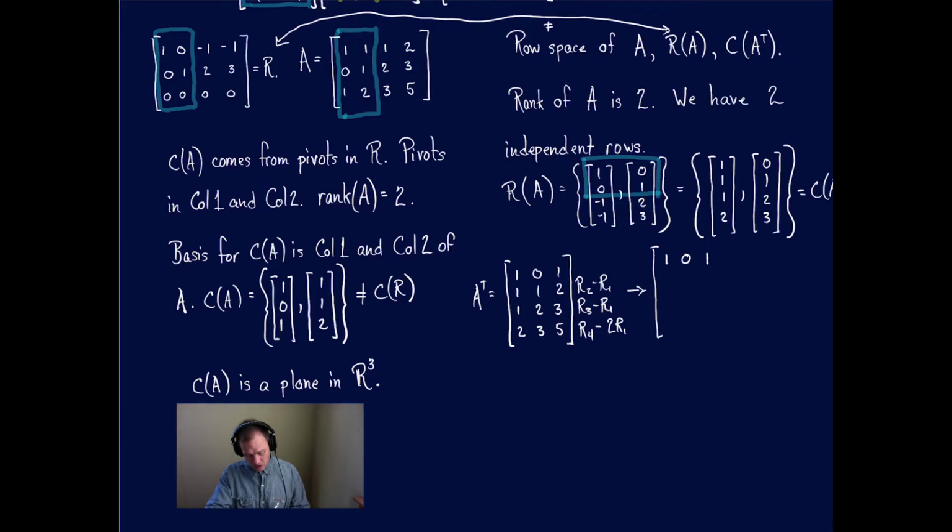And then I'm going to have a 1 minus 1 for 0, 1, and then a 2 minus 1. And then I'm going to get a 1 minus 1, 2 minus 0, 3 minus 1. And my last row is going to be a 0, or 2 minus 2, a 3 minus 0, and a 5 minus 2 for 3. Well, one more step,